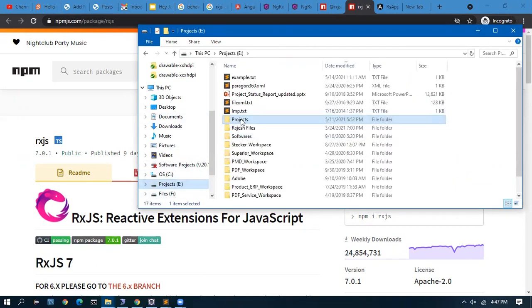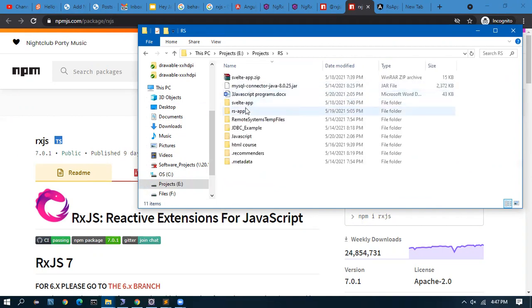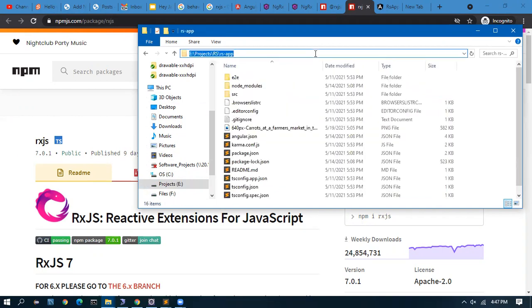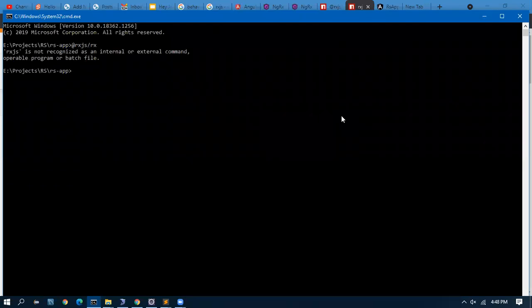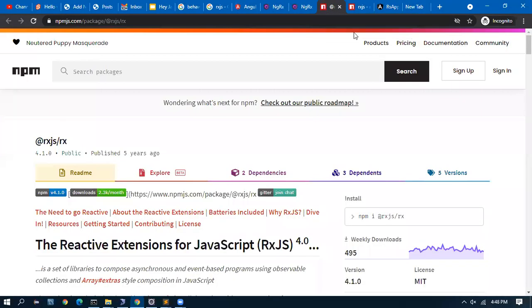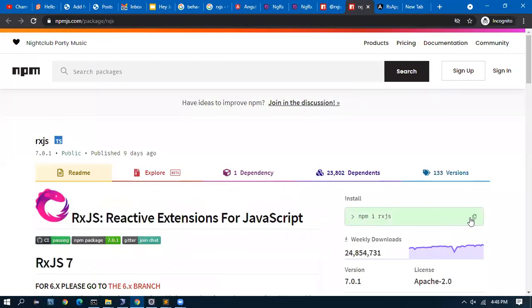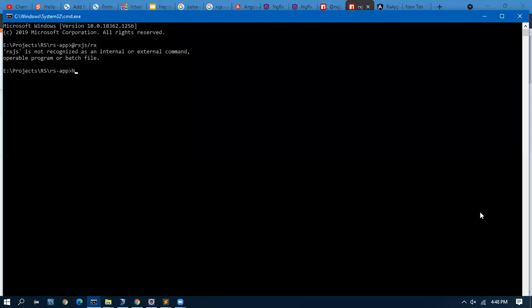Not here, it is the project folder. We are going to install a particular module here so that we can make use of all the features. npm install, I think. Yes, we have to use sudo. Just npm i rxjs.